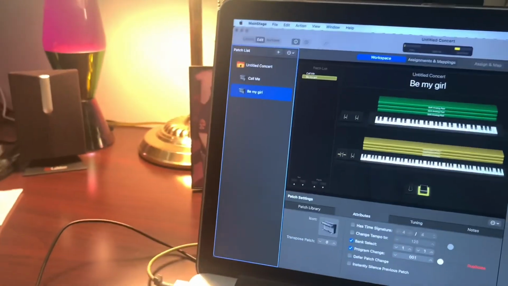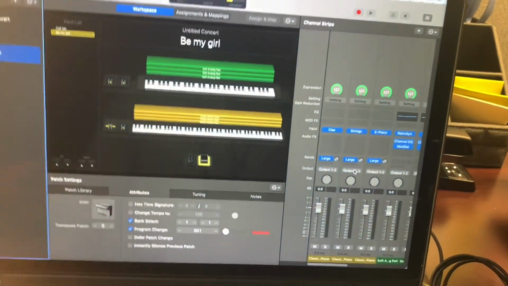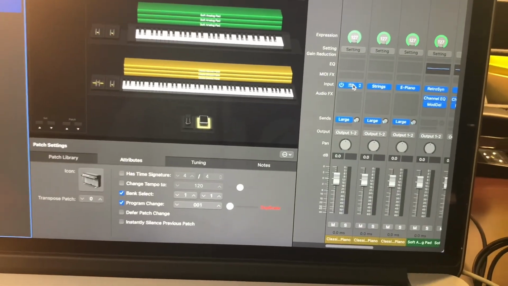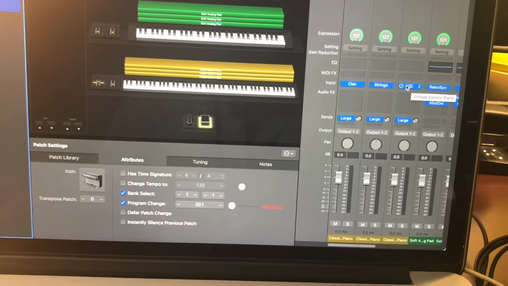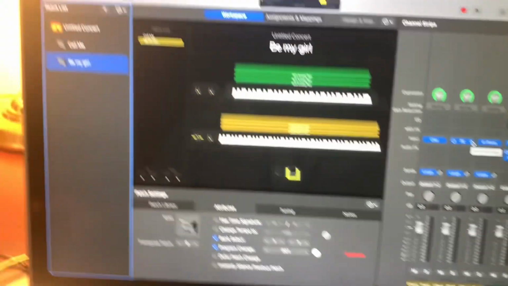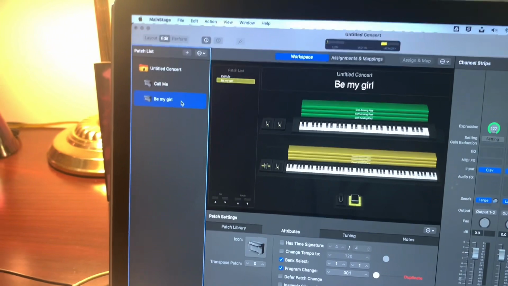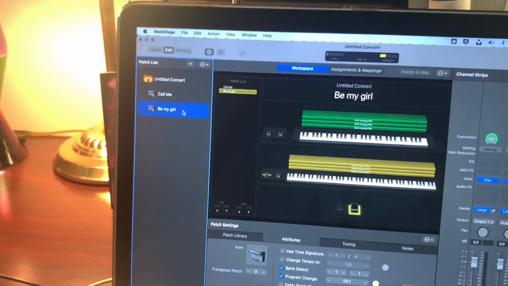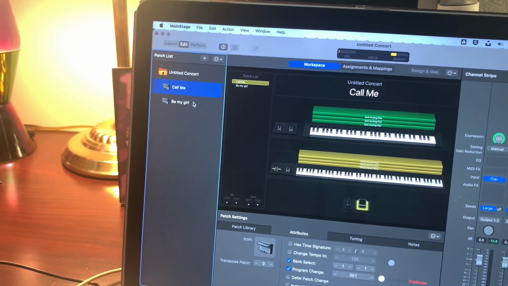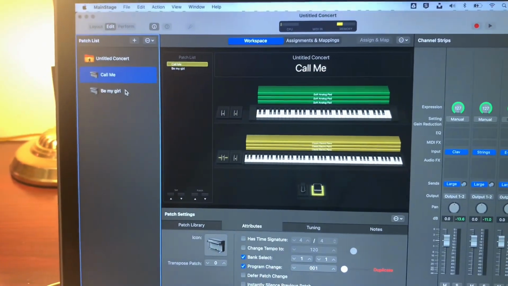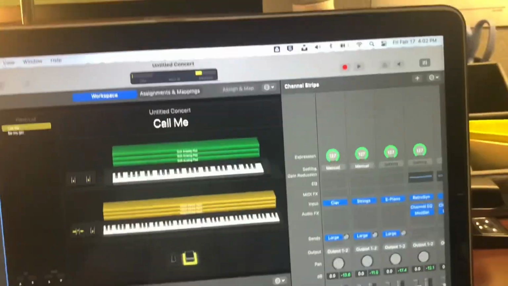Okay, then just go over and select the song, the sounds, the patches that you want for that song, for each keyboard. You're going to build your patches for each song over here,